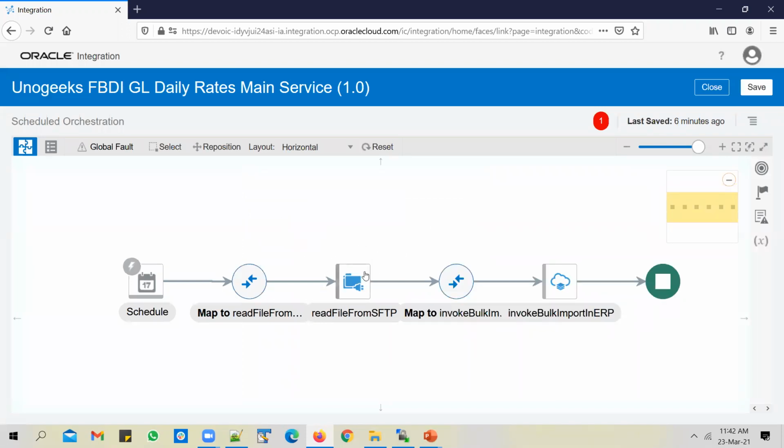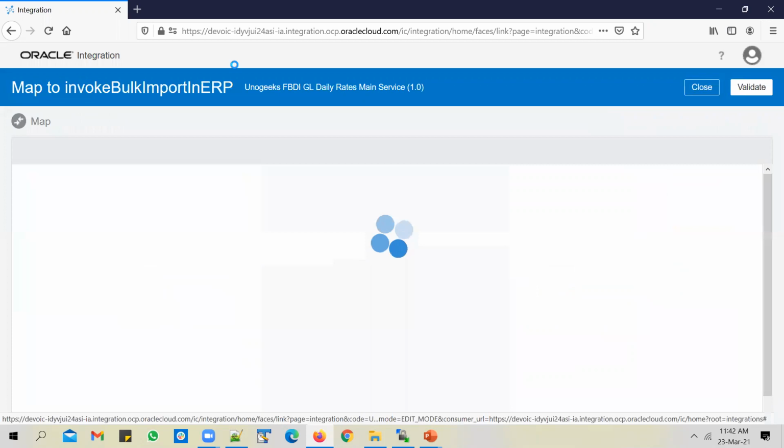And we need to map this file from SFTP and pass it as input to the bulk import. So let's do that mapping here.